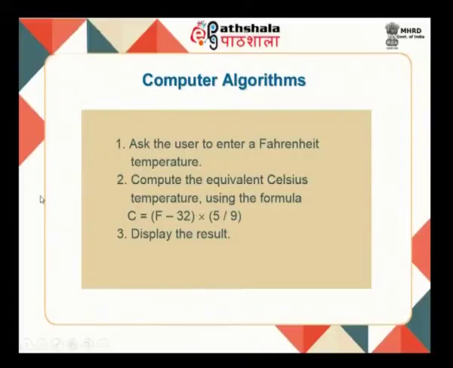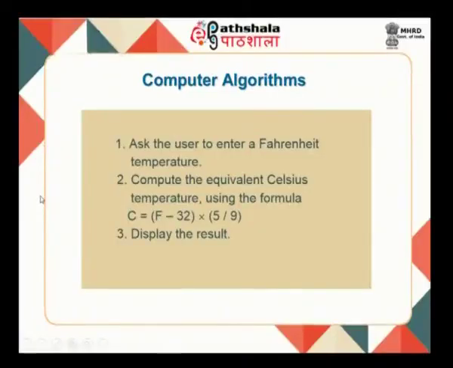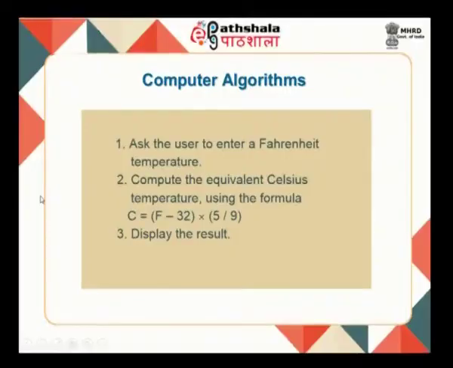Fine, there is no standard way of writing algorithms. If I give this task to different people, they will write the algorithm in a different manner. So, one way of writing this algorithm informally will be something like this. Step 1. So, this is an informal algorithm. I am going to ask the user to enter a Fahrenheit temperature, then I am going to compute the equivalent Celsius temperature using this particular formula. Third thing is I am going to display the results.